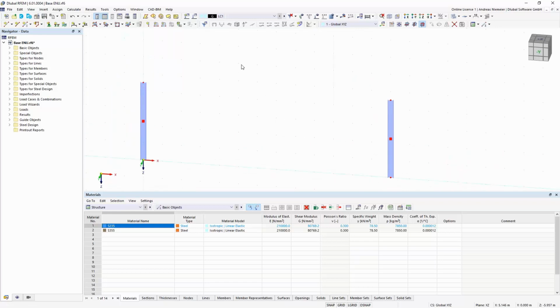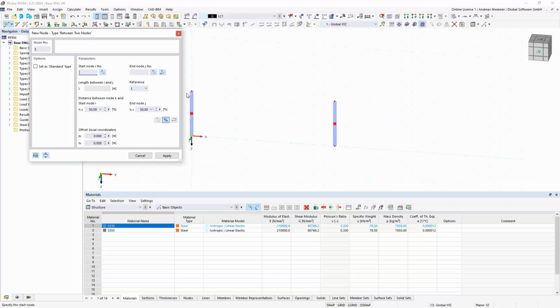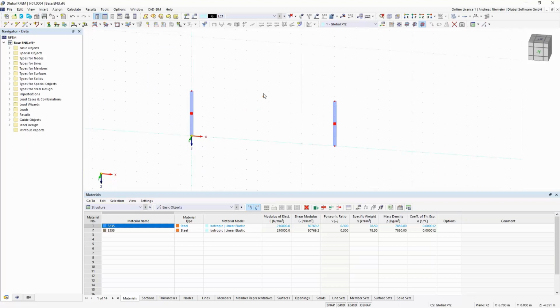Therefore we need a node in the middle, and for 30 meters we can calculate it by hand, but maybe if you have a not so nice dimension, we developed here a function, create a node between two nodes, and you can now pick maybe the left one and the right one, and the program generates us here a node in between, and this is adaptive. This means, you see, it's still connected to the outer nodes, and if I move one, this node will be also moved.